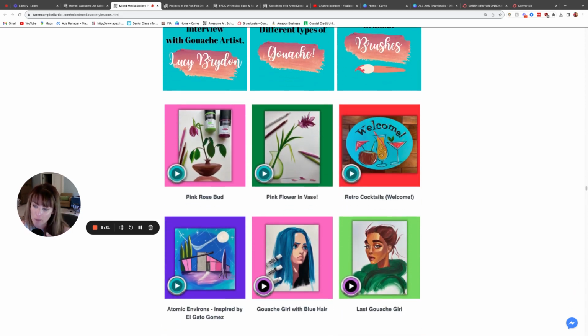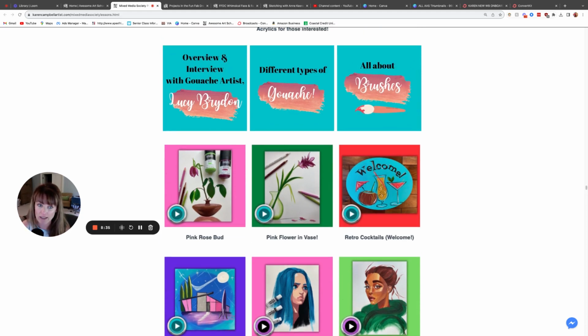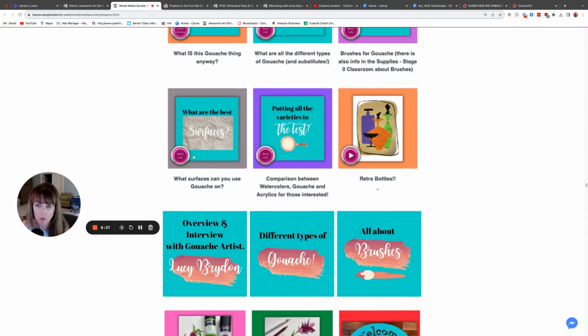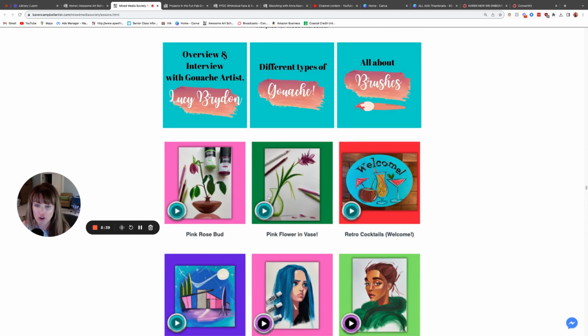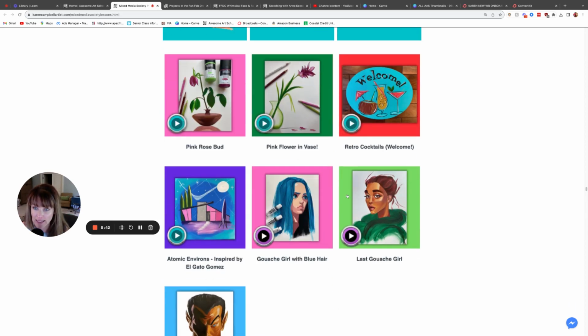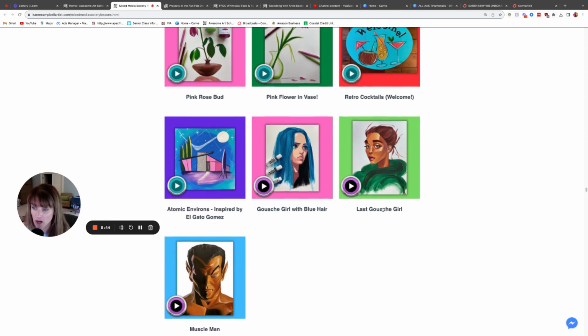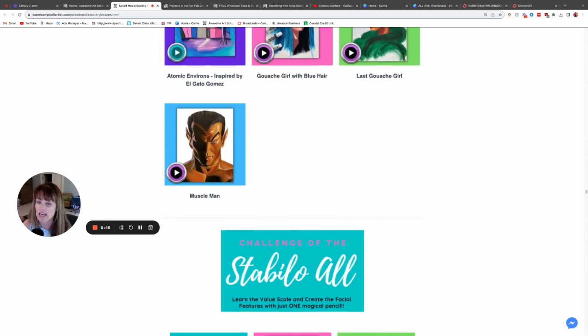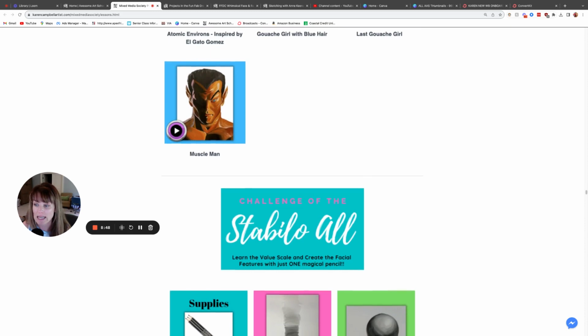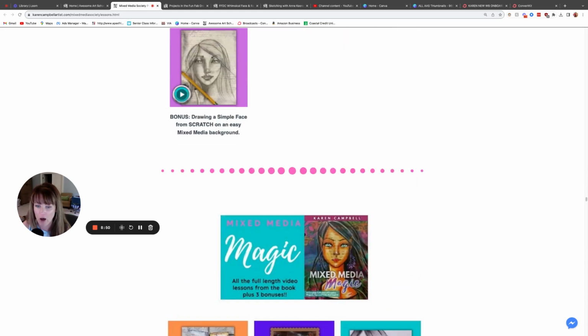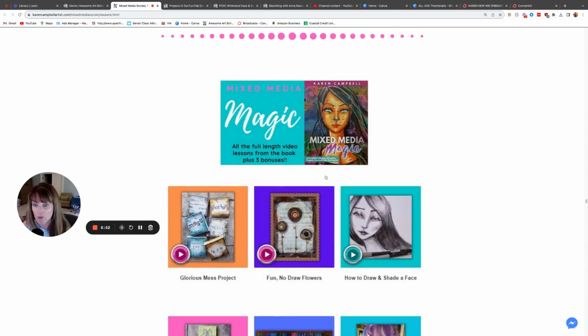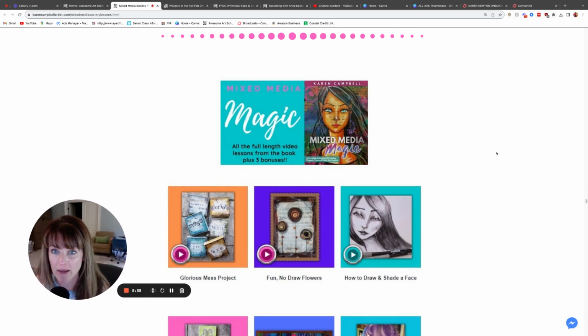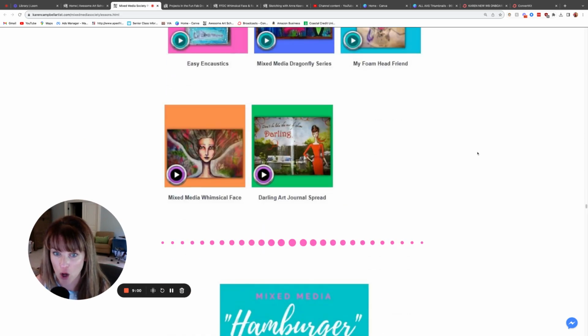And then you're going to learn about the supply first. Then you're going to do some easy projects, which are the pink. Then you're going to do intermediate projects, which are the teal, and then you'll get into some harder projects, which is the purple. So that's how, if the classroom is an individual art supply, those are broken down. And then we have other bonus classrooms. Like these are all the projects that I teach in my Mixed Media Magic book. You guys get all of them.